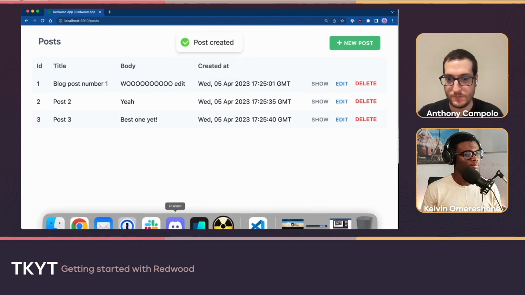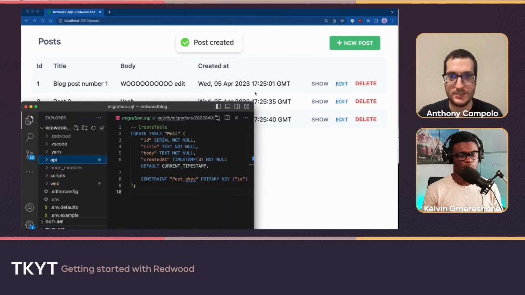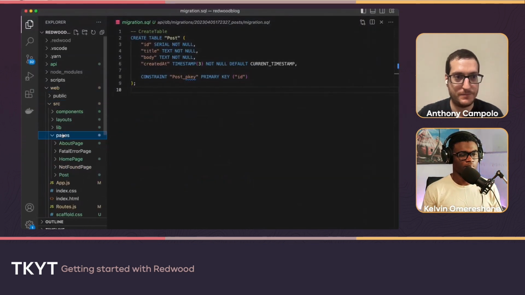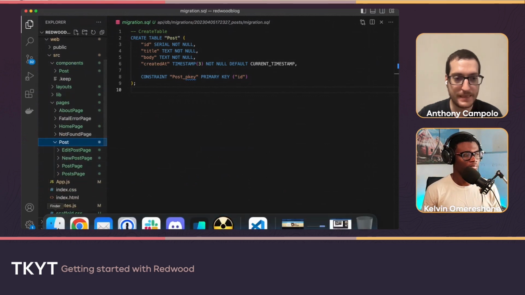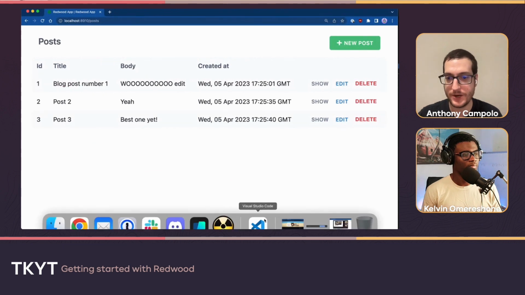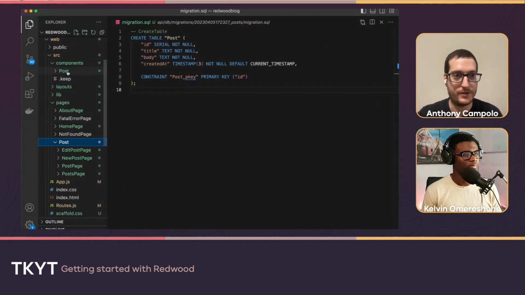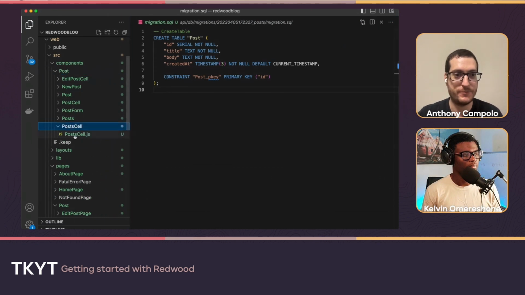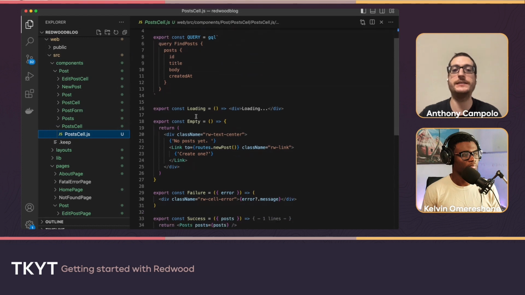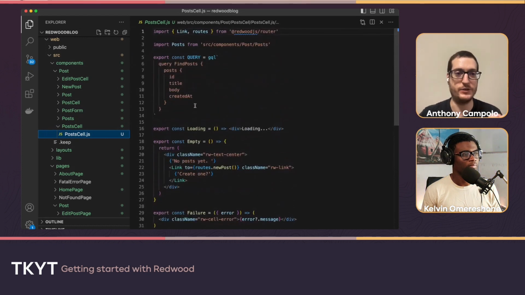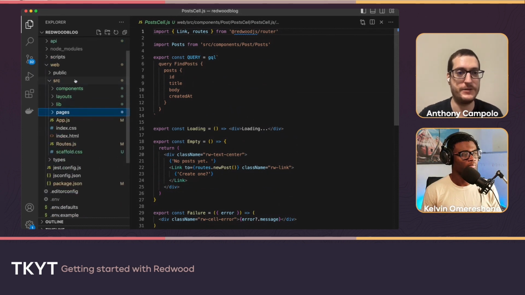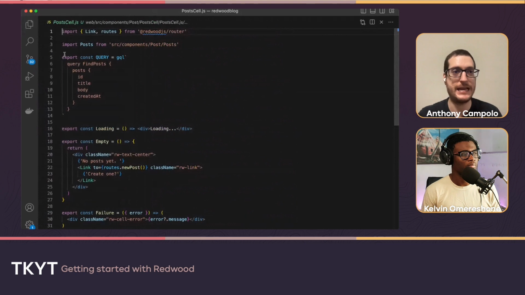And if we want to look at all the code that is doing this, we can take a look in our pages and our components. So the post page is what we're looking at here. And our post components have all this stuff. This is where we have some of the GraphQL things coming into play. Instead of looking through all this code that was just generated, though, let's build up a cell from the ground up. That will be a bit simpler to understand.